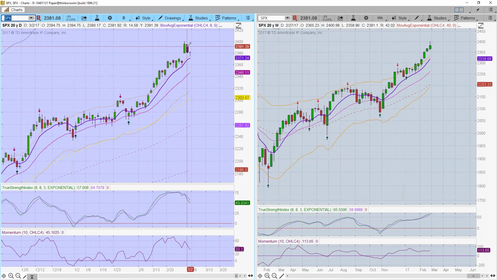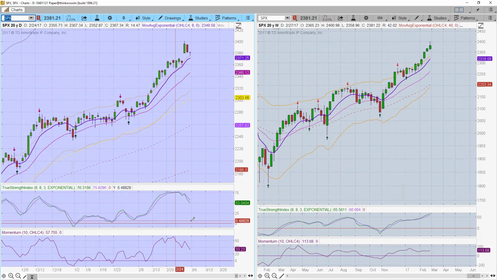And I would be remiss if I didn't remind everybody, if you're a trend trader, that once you get a break above one of the moving averages, if you're trading off of the moving average, as long as you don't get a close back below that moving average, you can stay in the trade. And in this particular case, even though the TSI has in fact turned over, and the momentum has also turned over, a couple of things to remember.